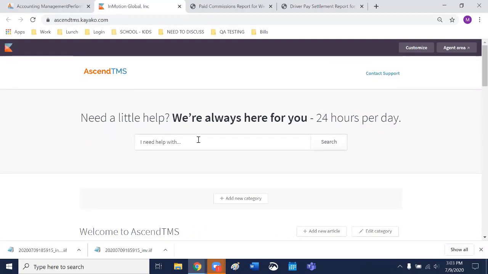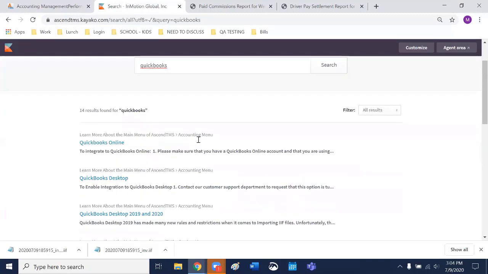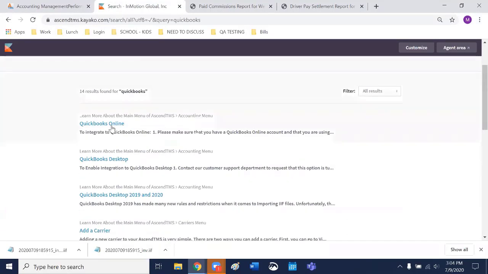Use this search, type in anything you want. QuickBooks, that's a good one as an example. I'll search for that. You will see 3 articles: QuickBooks Online, QuickBooks Desktop, and then an additional one for 2019 and 2020. Because of course, since it's not our software, we don't have control over when they update, and they've made an adjustment in 2019. So everything moving forward does get treated a little different. So we do our very best to always have knowledgeable articles in here for you to help.